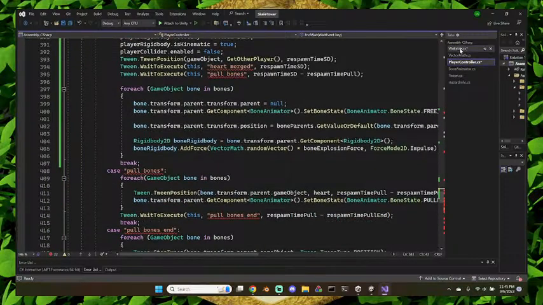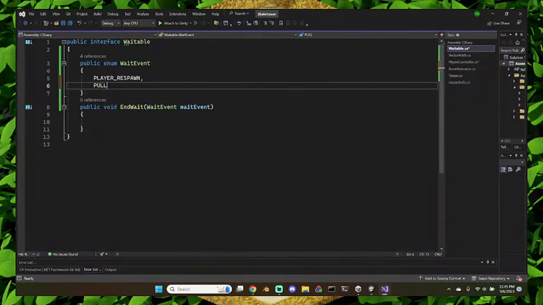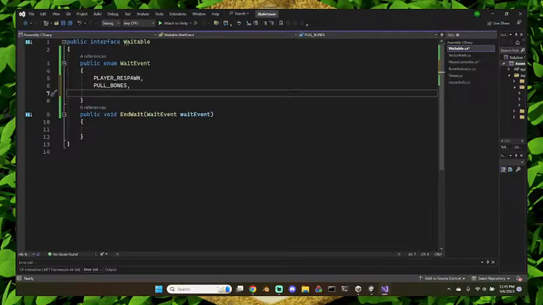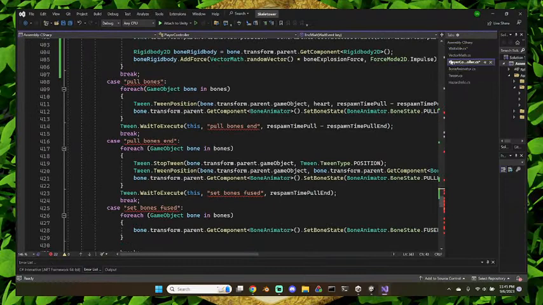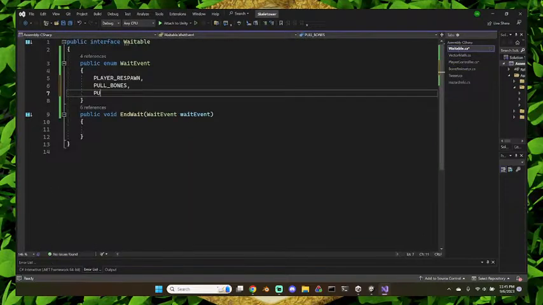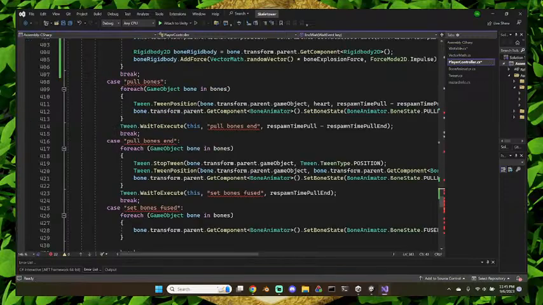We have pull bones, underscore bones. Also, if I want to rename something, I can just rename the wait event, and Visual Studio will rename every instance for me, instead of strings. Pull bones end, underscore end. So now we can go to